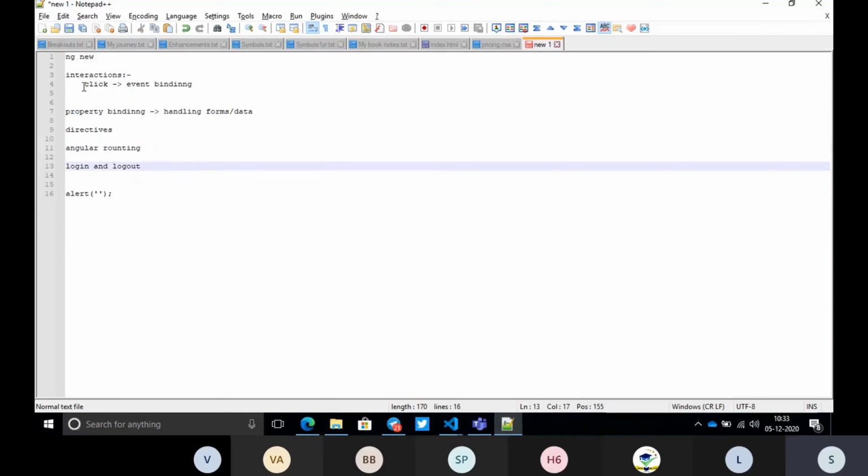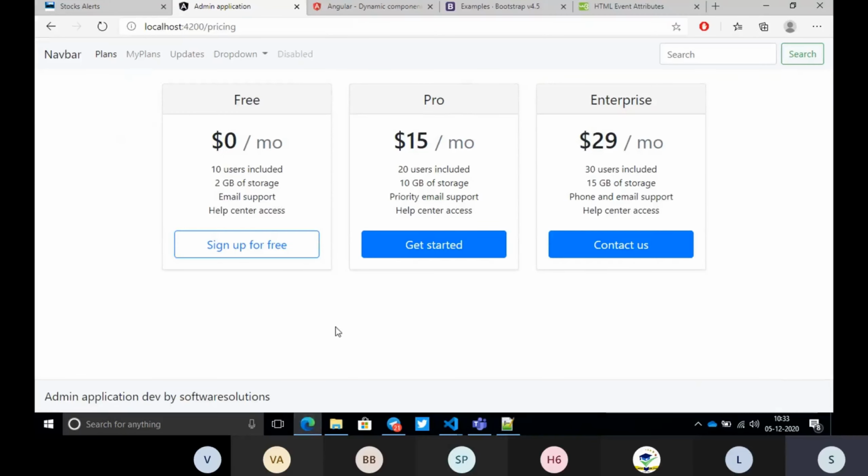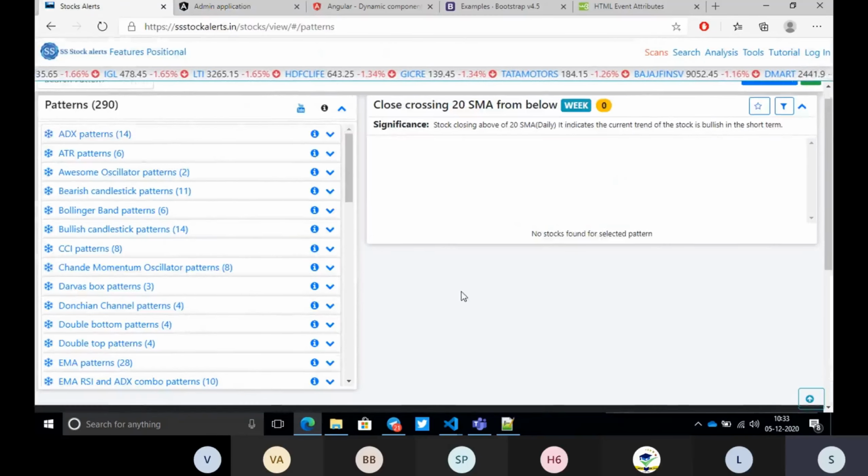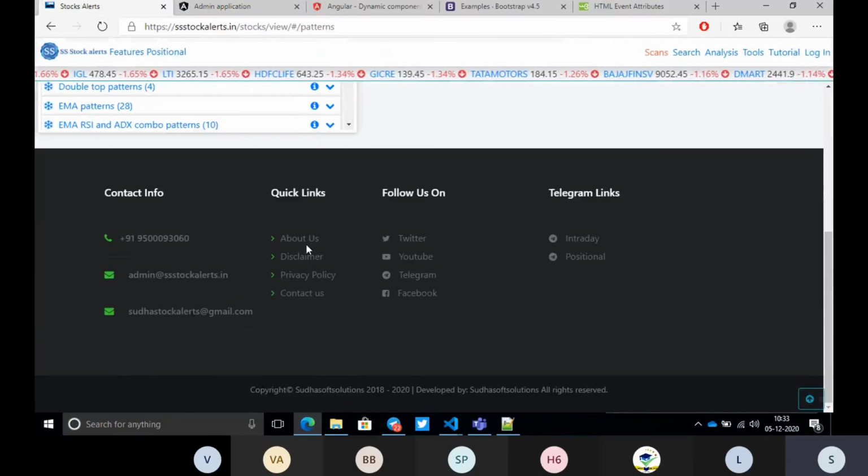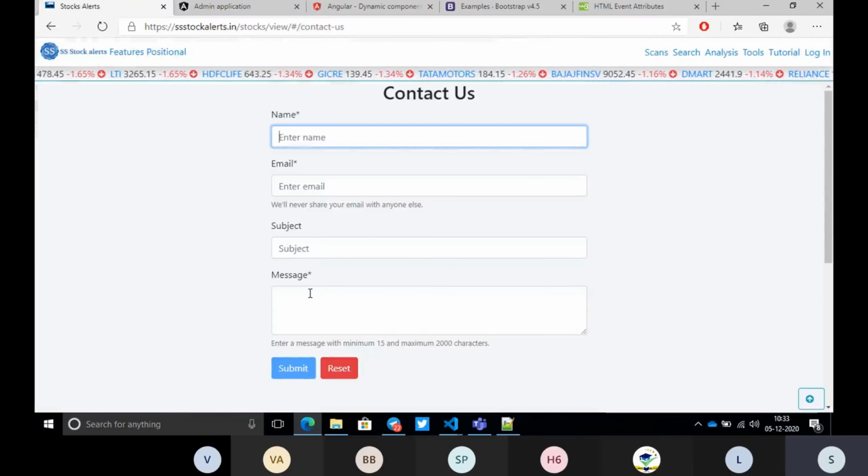Okay, so now the click event is done. Now I want to write a simple input tag. Suppose I want to see a contact us form. I'm taking a website as an example, just take it as an example.